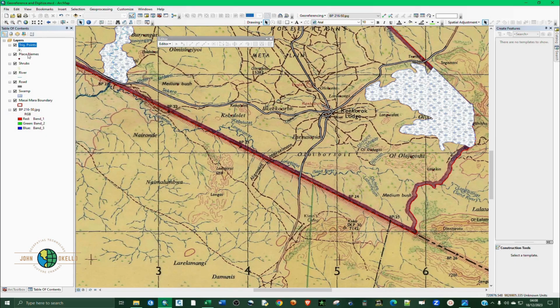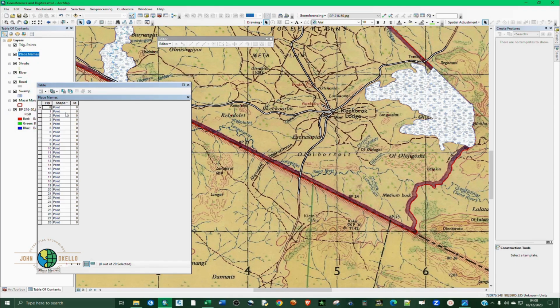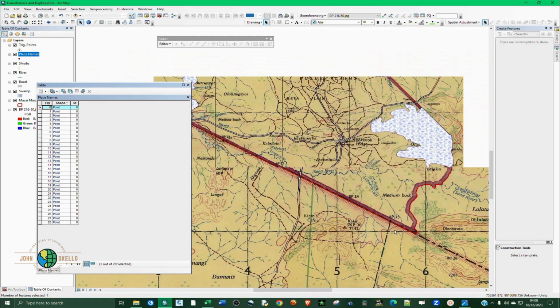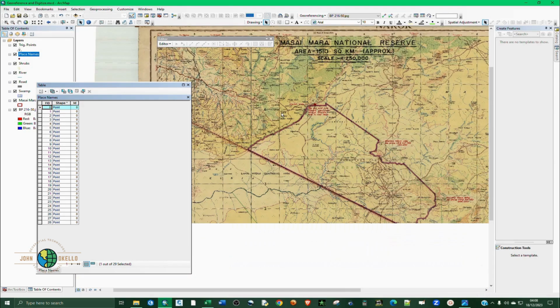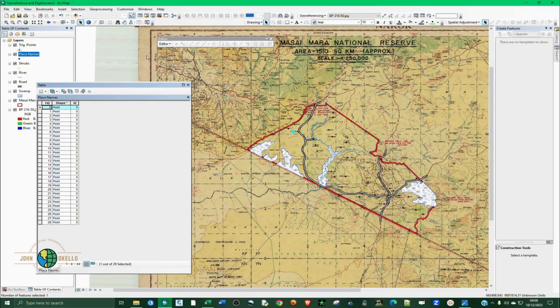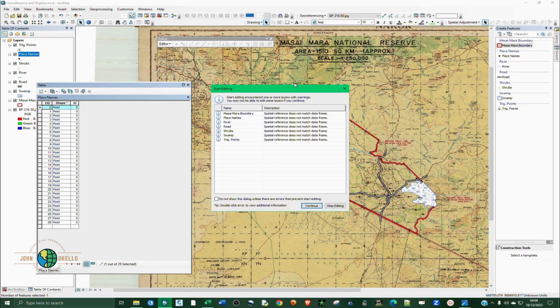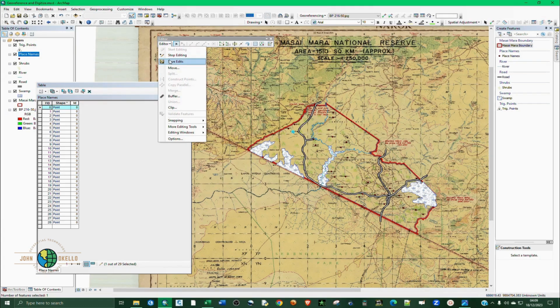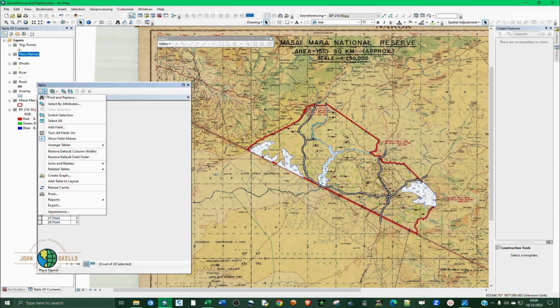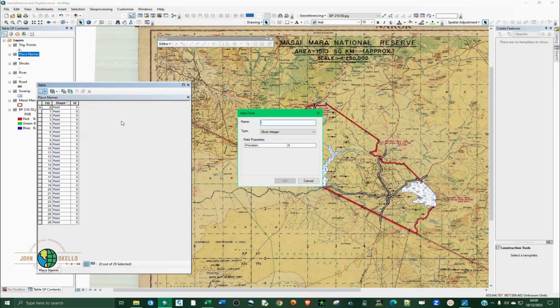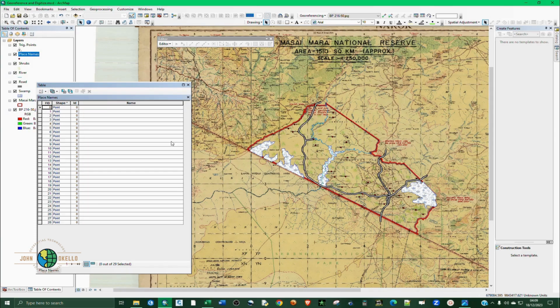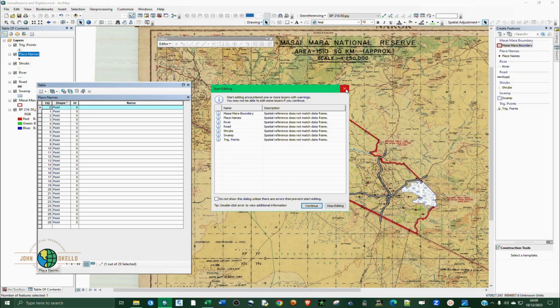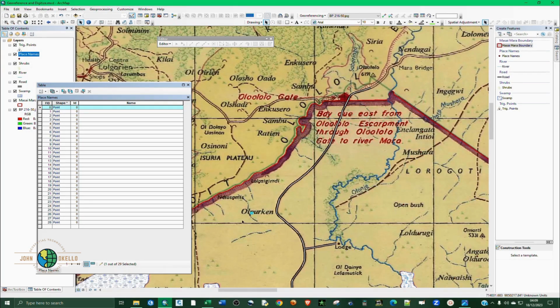Then save edits and stop editing. Close that attribute table. Go to place names. Open attribute table again. Select the first row so that we can, first of all, let's stop editing first. First of all, let's add a field name, then text, I think 50 is okay. Then select the first row and then start editing. The name of that particular place is